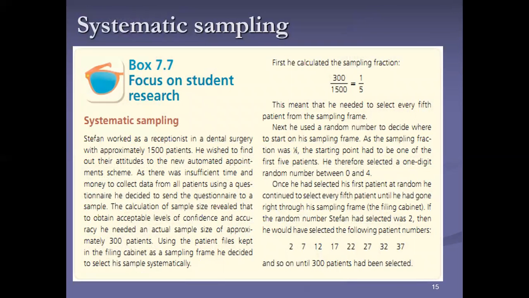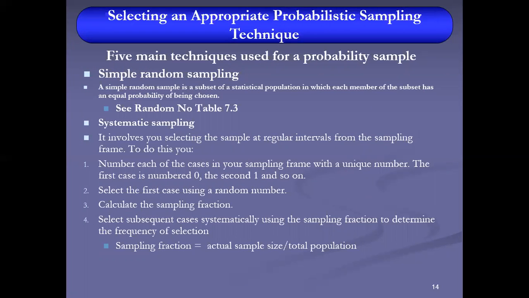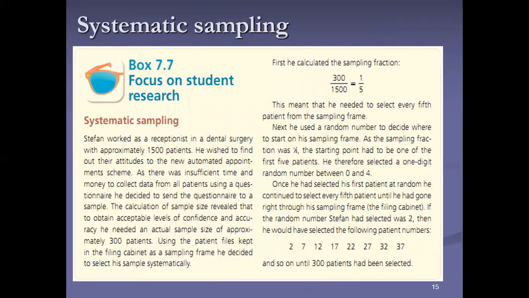सैम्पलिंग फ्रेम कैसे कलेक्ट करते हैं, ये उसकी एग्जांपल है। इसमें हमारे पास एक्चुअल सैंपल साइज 300 है, टोटल पॉपुलेशन 1500 है। इसको डिवाइड कर देंगे तो ये 1/5 है। तो अब हम क्या करेंगे, पहले केस को 0 नंबर देंगे और फर्स्ट केस को रैंडमली सिलेक्ट करेंगे। उसके बाद सिस्टमेटिक इंटरवल करना है, चूंकि फ्रैक्शन 1/5 है तो 5 का इंटरवल करेंगे। यहाँ पे फर्स्ट केस उसने रैंडमली सिलेक्ट किया जो 2 है, यानी नंबर 2 पे जो रिस्पॉन्डेंट है उसको सिलेक्ट किया। उसके बाद वो 5 का इंटरवल दे रहा है।